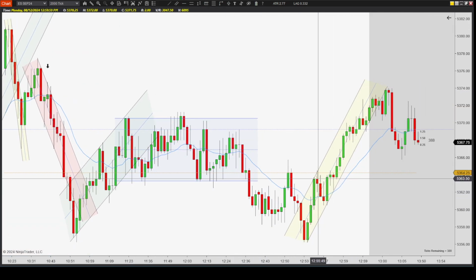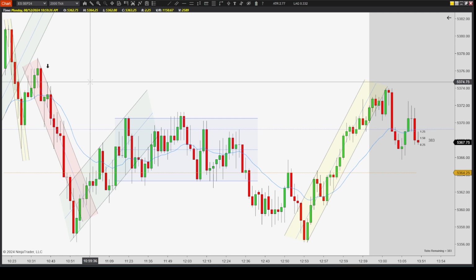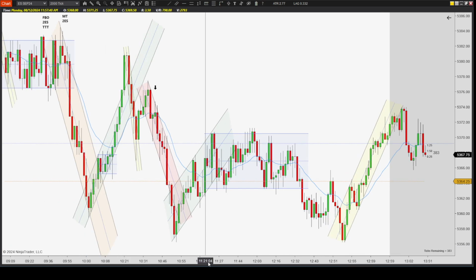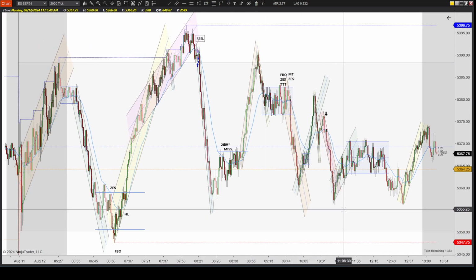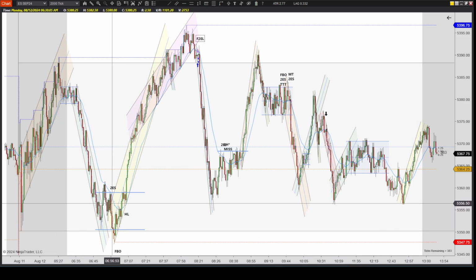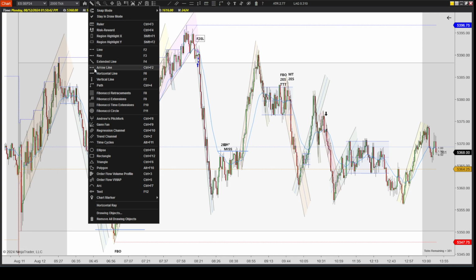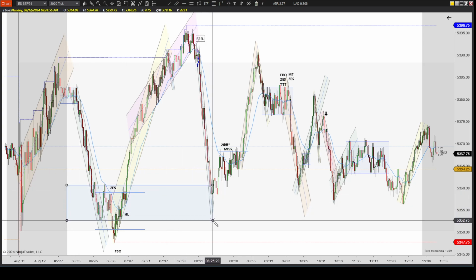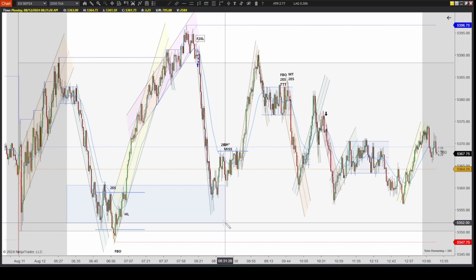So from here to here, this is 2 hours of trading. It's not very many candles, and on the bigger scheme of things, you can see this is the last 2 hours from here to here. And during the first 2 hours from 6:30 to 8:30 Pacific Standard, look how much more candles there are. It's something I usually do for myself to get an idea of volume and volatility. It helps visually picture it for me. When I see something like this in the beginning for 2 hours of trading,